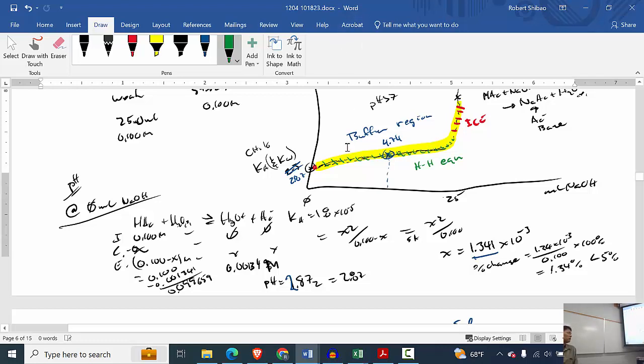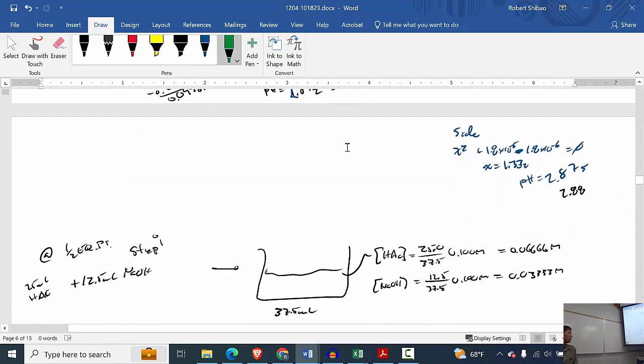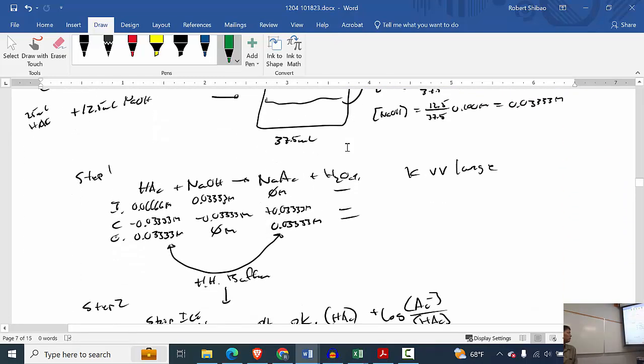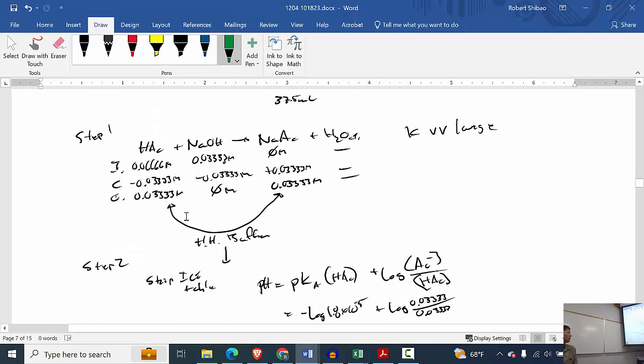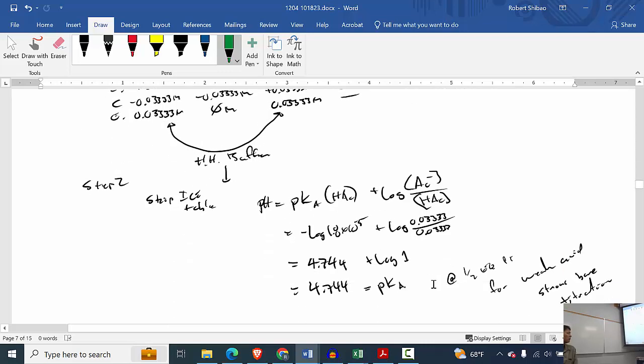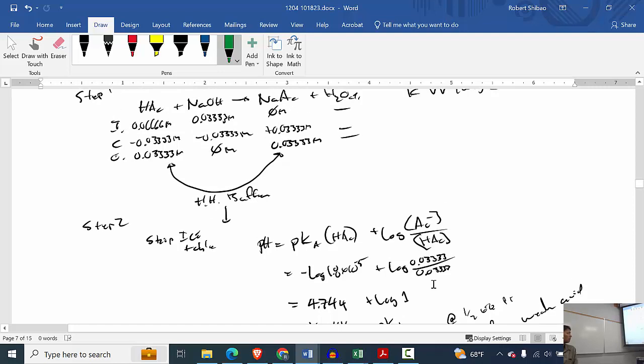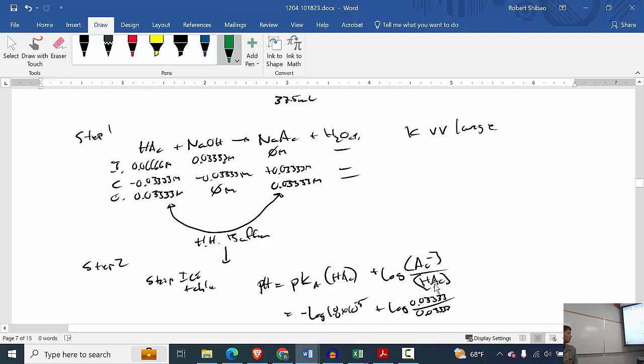And the advantage of using the HH equation is that we can skip the ICE table. So that's exactly what I did here. Rather than having B here, we skip that. The reason we would have gone to a Ka or Kb is because we probably would have done this, if we were thinking about ICE instead,